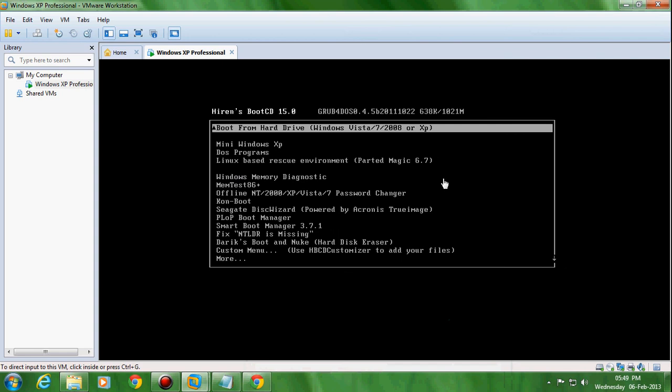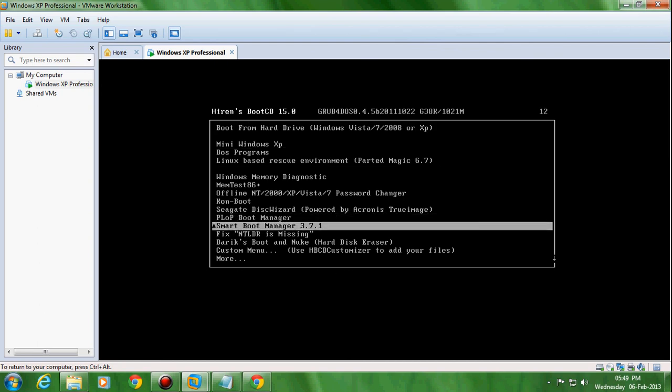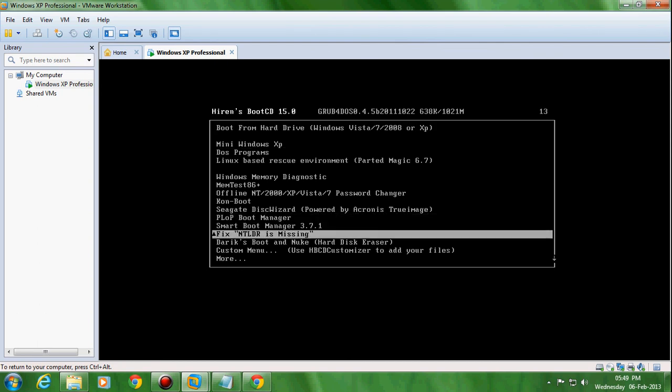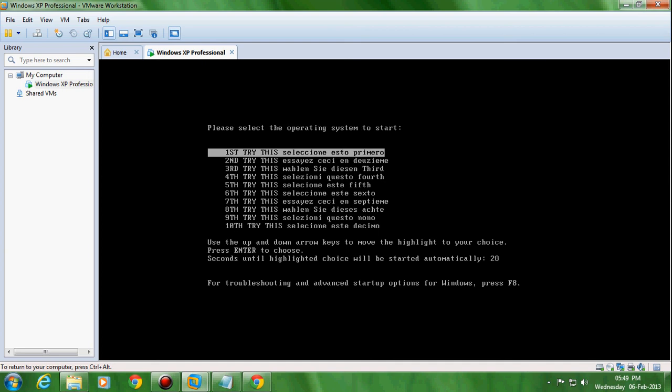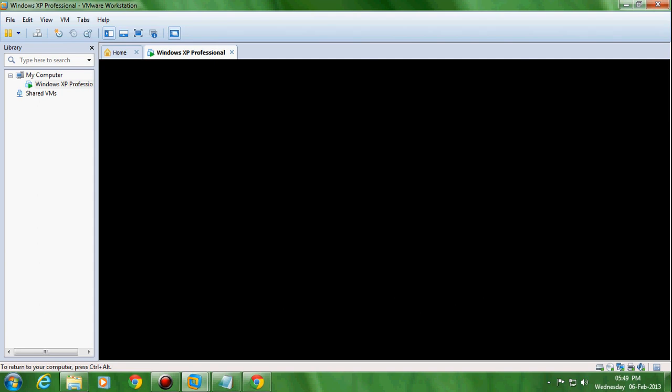Again in this case, start the machine with the help of Hiren's Boot CD and select the option Fix NTLDR is missing. This option will fix the error and automatically start the machine. Select first, try this selection, and it will automatically fix the problem.